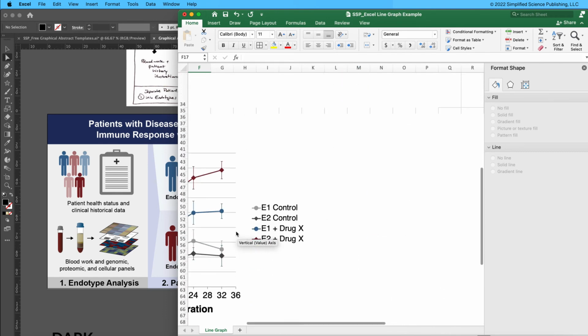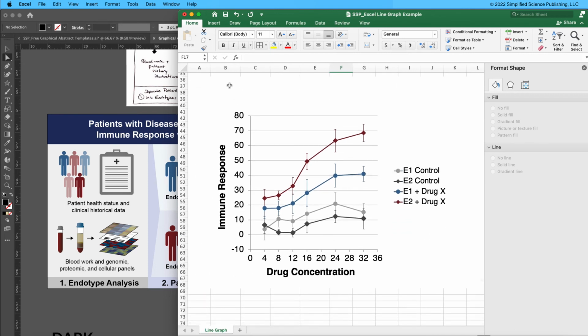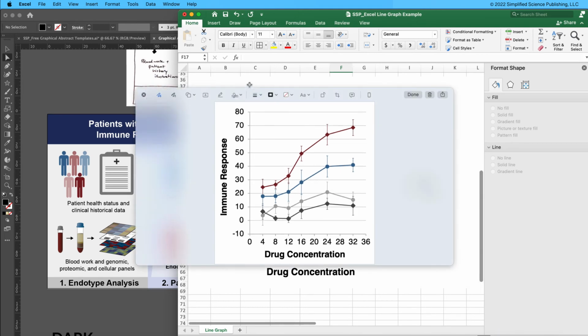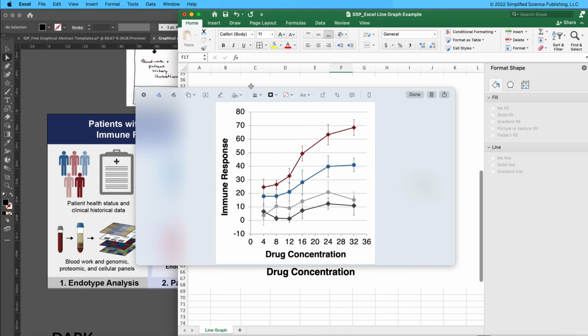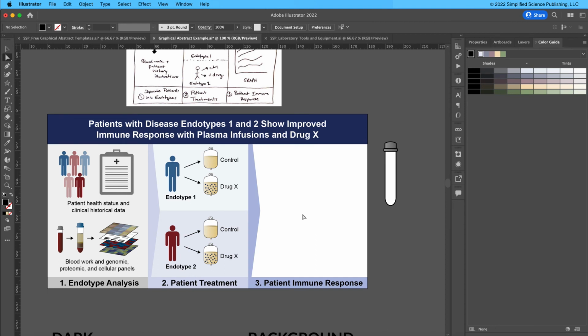And the point of this is, again, if you wanted to take a screenshot of this and put it directly into the figure, you could use Command-Shift-4 if you're on a Mac, or use the snipping tool if you're on a PC, and copy and paste this graph from the desktop and actually even just drag it into your image. Now, I could drag and drop the screenshotted PNG into this file, but what I want to show you as